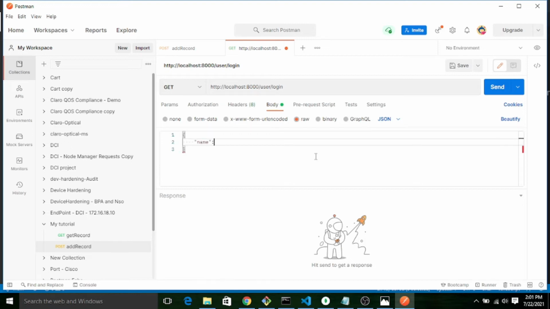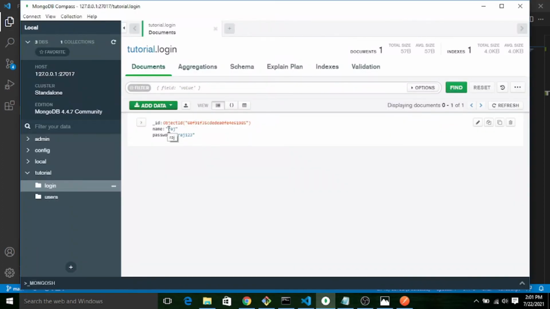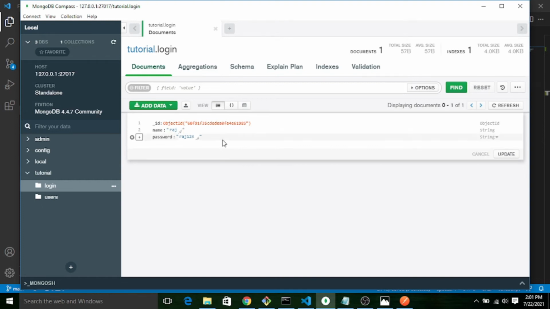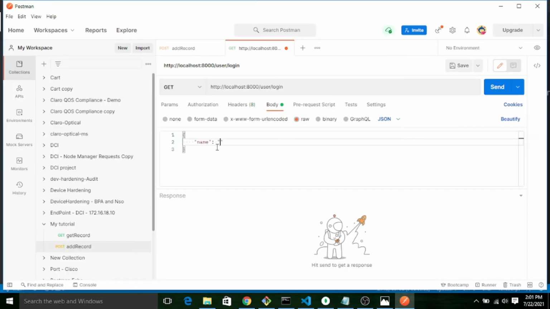Name, Raj, Raj123. Password is Raj123. We'll change the method to POST. Now we'll see what is happening.